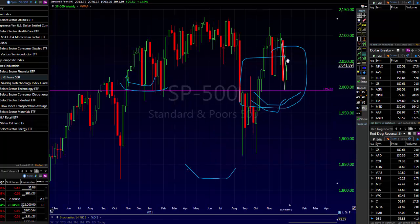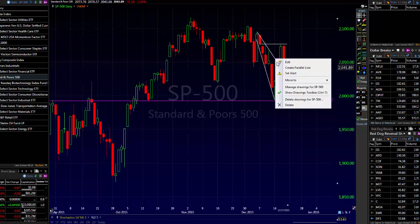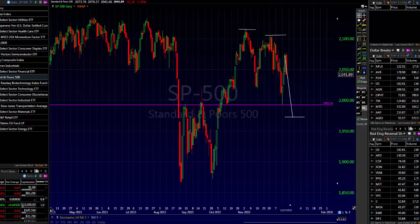So big picture wise, not a lot to say. Not much has changed. Right now, on the intraday time frame, we made a higher high by taking out this little swing high that we were talking about. But on a longer daily time frame, we're still making lower highs and potentially lower lows. And I'm telling you right now, if this thing makes a lower low, I think this market's going to be in serious trouble, because like I said earlier, if we kill this pattern, there's no bullish patterns left. And the only thing that would be on the radar if we were to kill that pattern